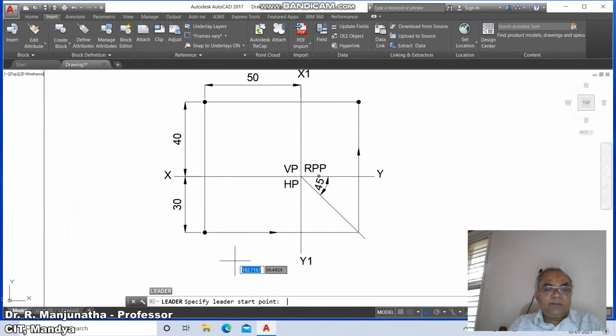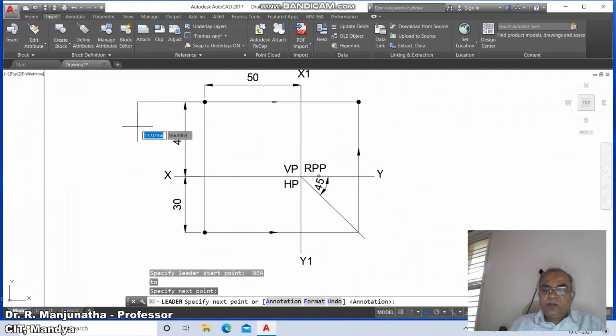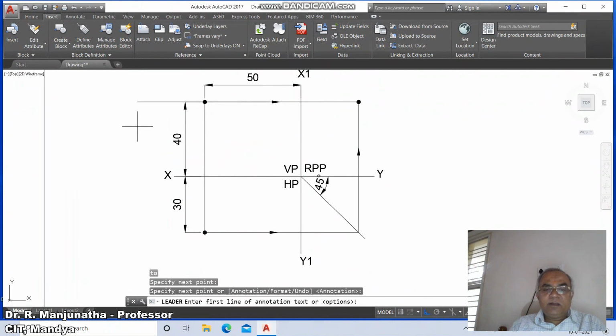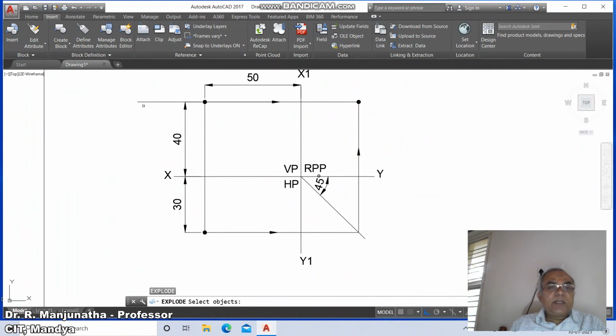Similarly, leader, specify leader start point, nearest point on this, select on this line and drag this. So you give annotation, enter, options, enter, then none, then explode. You select this and remove it. Erase it.